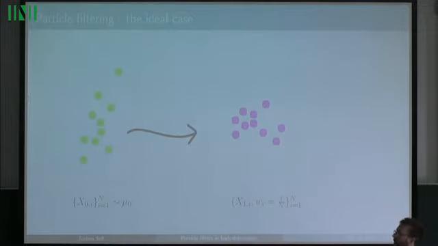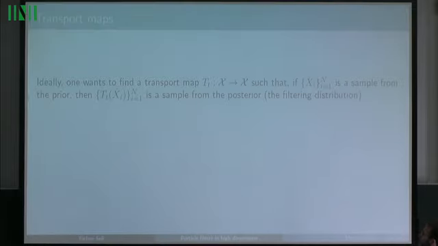And now here's the technical slide that is coming up. We're trying to use transport maps to achieve this. So a transport map, the way we want to use it is that we have a sample from a prior, and then the transport map of this sample is a sample from the posterior. So a sample from the filtering distribution. One approach of doing this